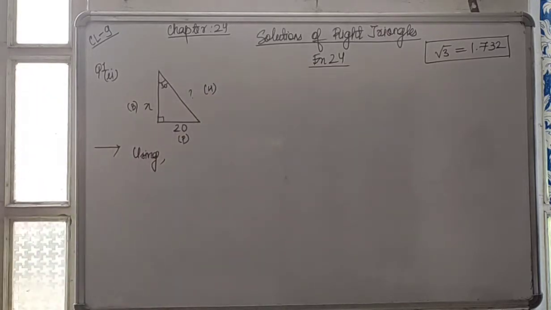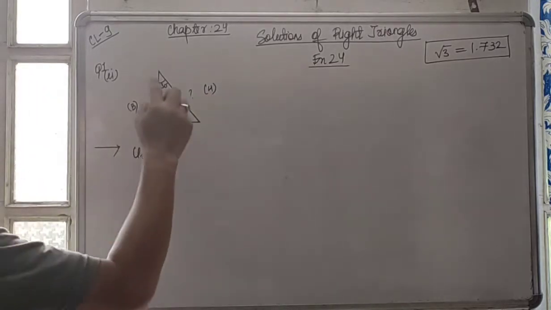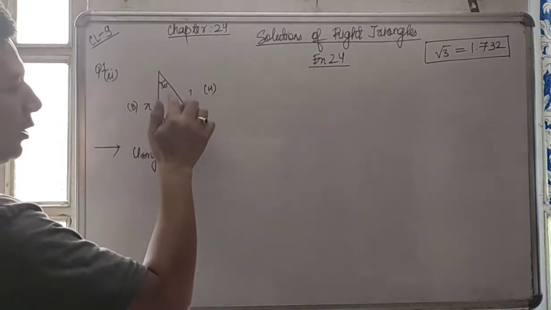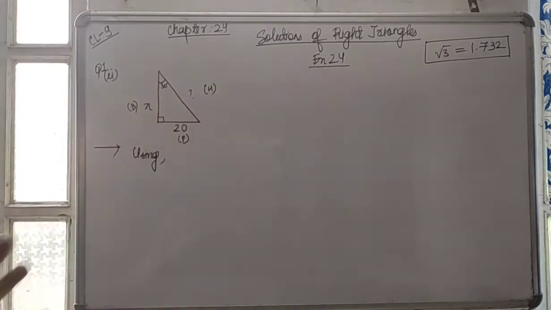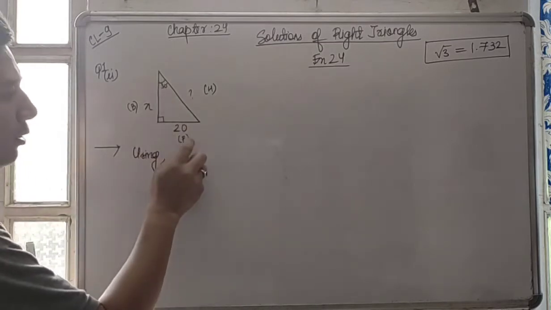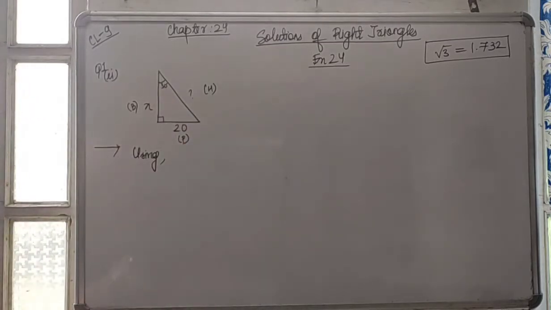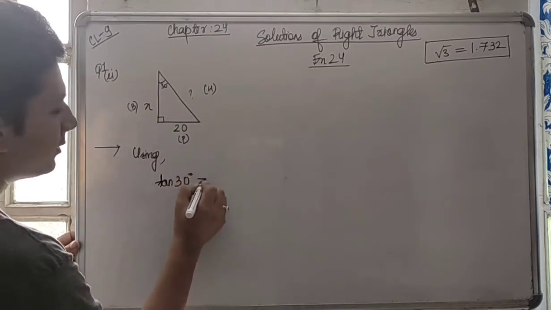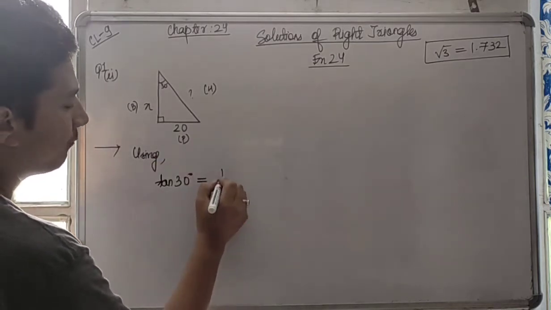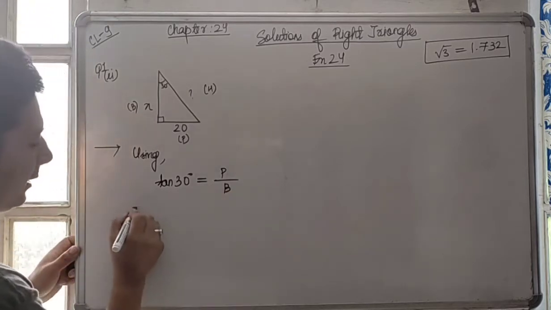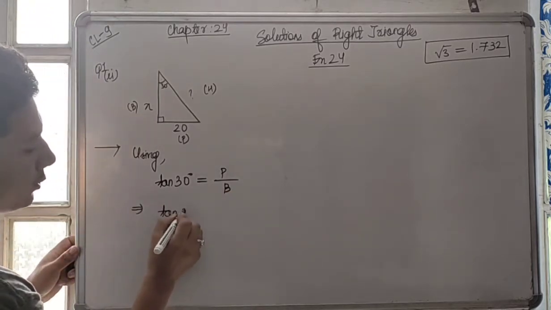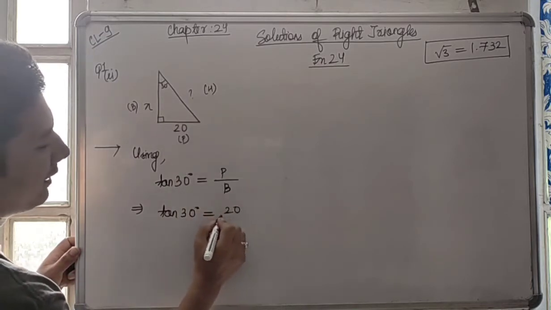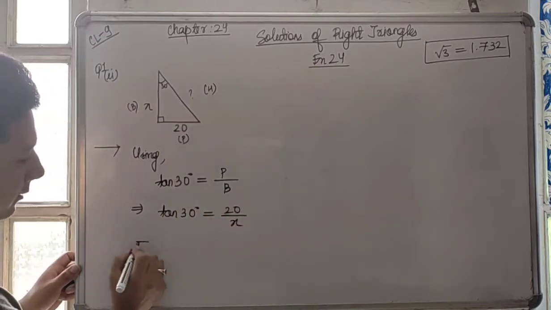Which trigonometric ratio will I use? Some People Have, we don't know the hypotenuse. Curly Brown Hair, we don't know the hypotenuse. Turned Permanently Black, so I have to use tan theta here. So tan 30 degree, Turned Permanently Black. Tan 30 degree is equal to perpendicular over base, permanently means 20, black means x, which is the base.